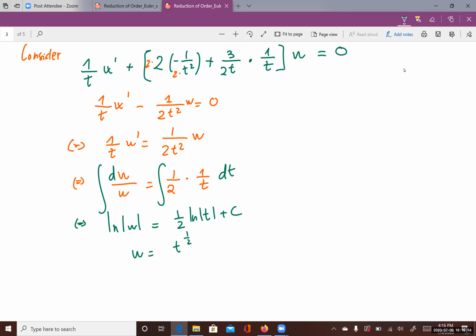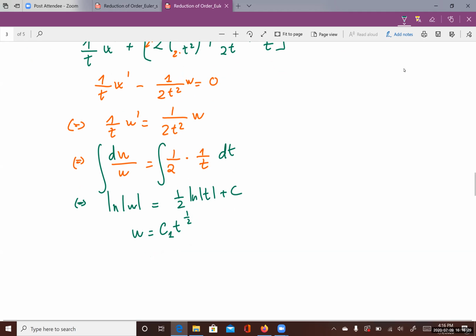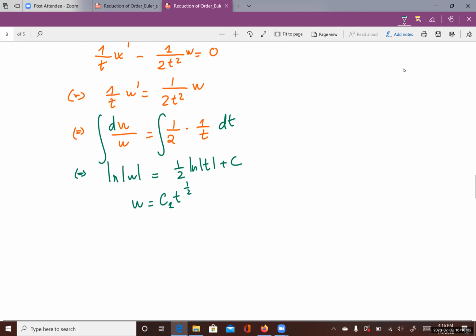And you have t raised to 1/2 here. And in this case, I'm gonna keep the c, and you know that it's gonna be c1 t raised to 1/2, right? So this is w. So once I found w, I can go ahead and try to find v. So that's the next step. So next step is find v